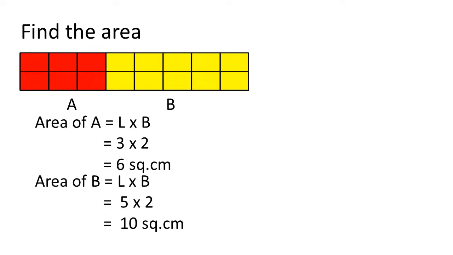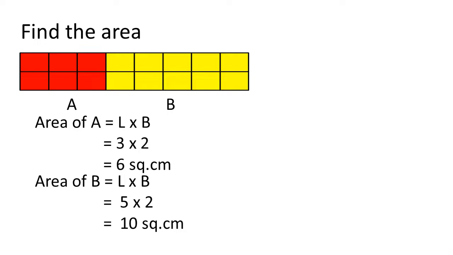On your screen, you can see a rectangle, and the single rectangle is divided into two rectangles with the help of different colors, using two colors, and we are asked to find the area. So there are two rectangles made from one rectangle, rectangle A and rectangle B. Rectangle A is in red color while rectangle B is in yellow color. It is easy to find out the area of both the rectangles. We know the formulas and we can easily find the area of both.